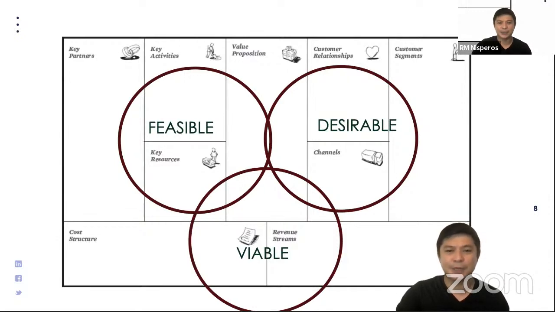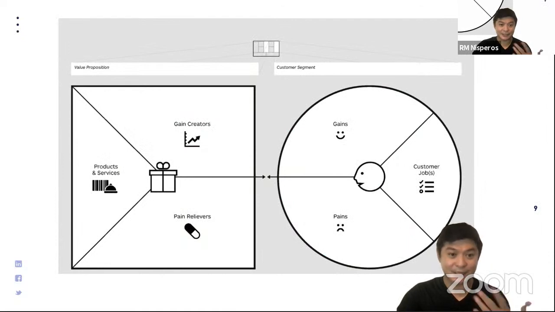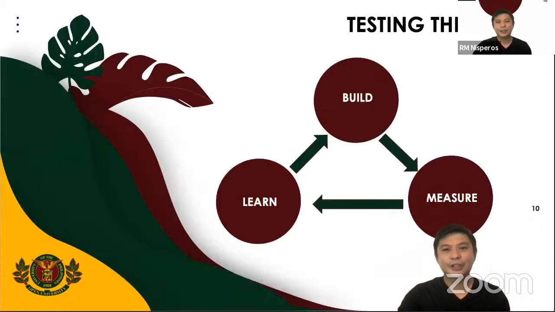Unless we are so much experienced in that industry. So, kunyari, you work for a diaper business for 20 years, you basically know the ins and outs of that business model. So, that's one of the exceptions. But if you're starting from scratch, what you list on the business model would be guesses, especially in here. So, you need to test the assumptions that, when absent, would make your business model unsuccessful.